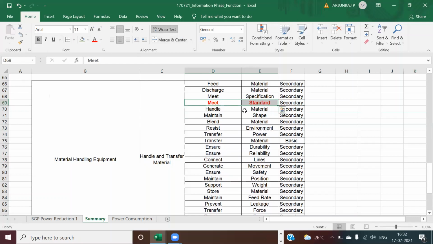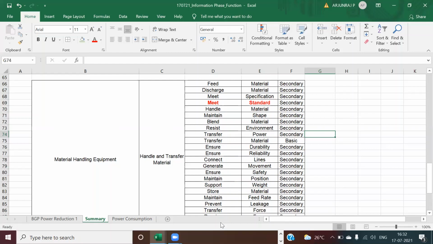And yeah, handle this, required discharge. What about discharge material and handle material? Can we club both together? Yeah, handle material. Yes, it's okay. Yes, only one is enough. Handle material, discharge material is not required, no? Actually, this is collecting from the feed point, and then discharge is one of the main functions. Should we have it individually or separately, or can we club it?